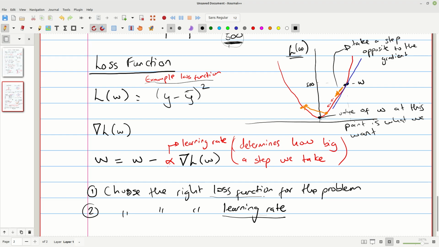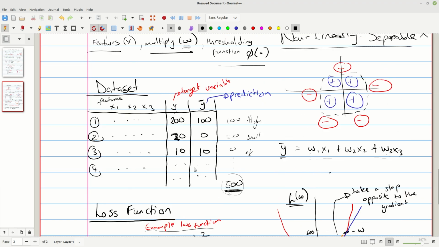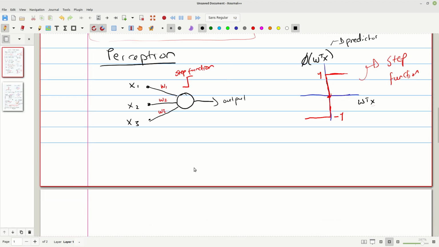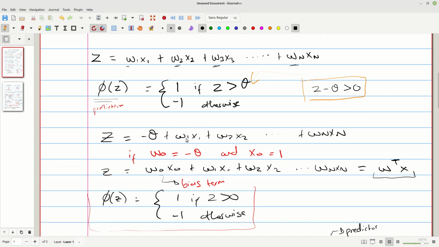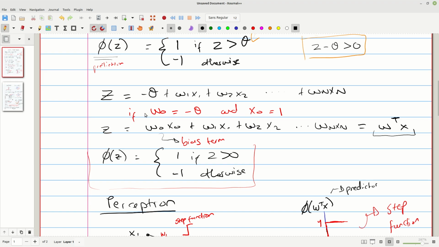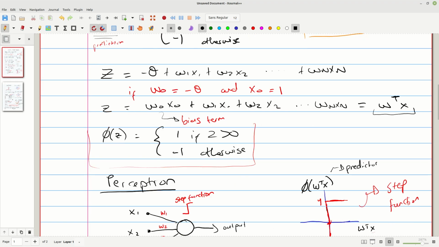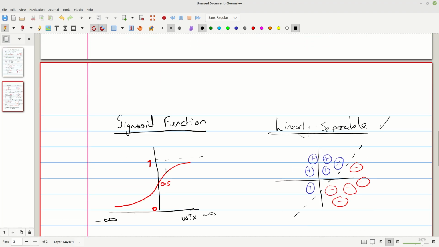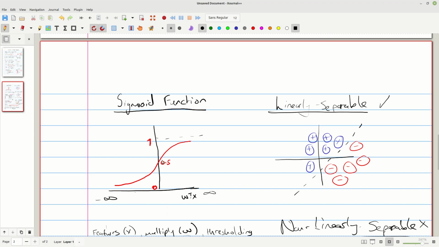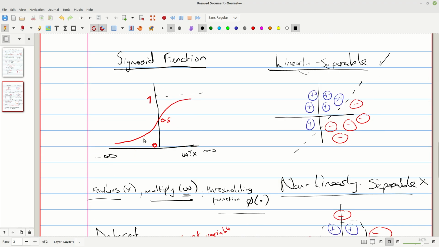For this lecture, I just wanted to introduce the general ideas behind this. First of all, we've covered the differences between regression and classification problems. We've covered what a perceptron is and how we can make our predictions using a step function, and how instead we can make use of the sigmoid function, which gives us a probability of something belonging to a certain class.